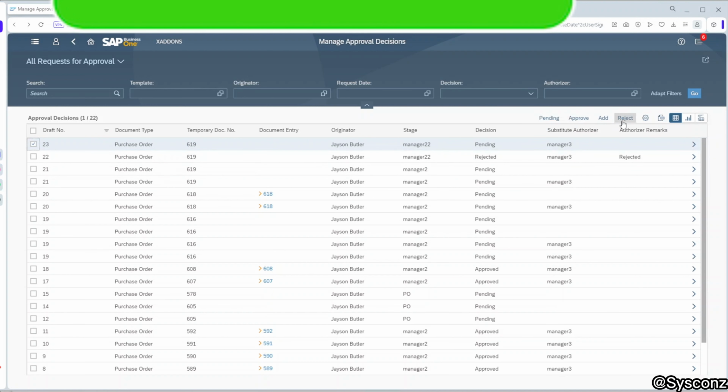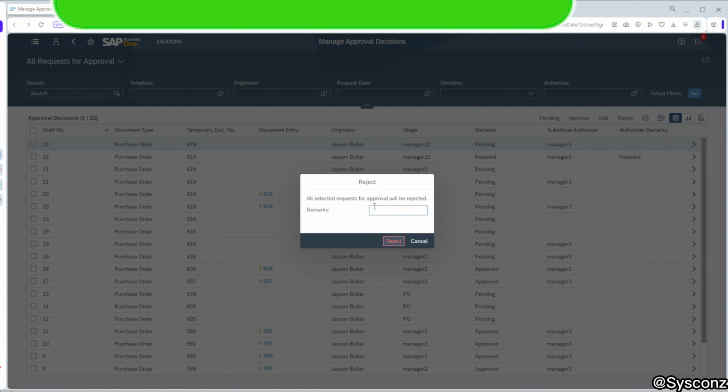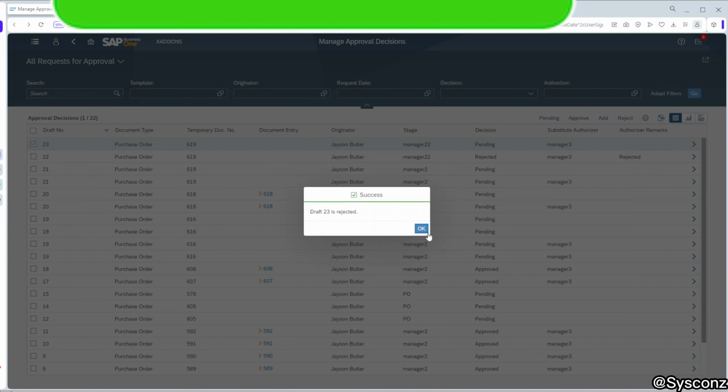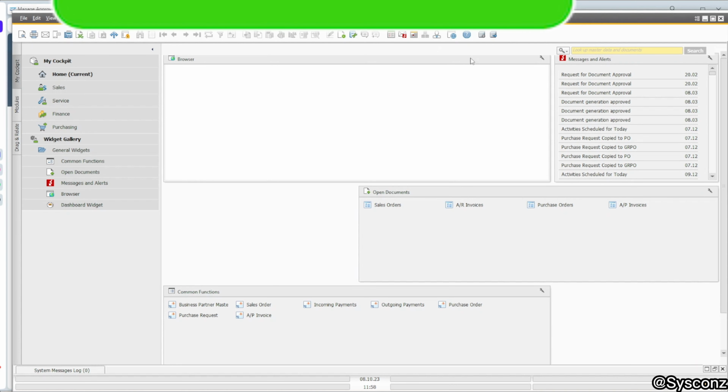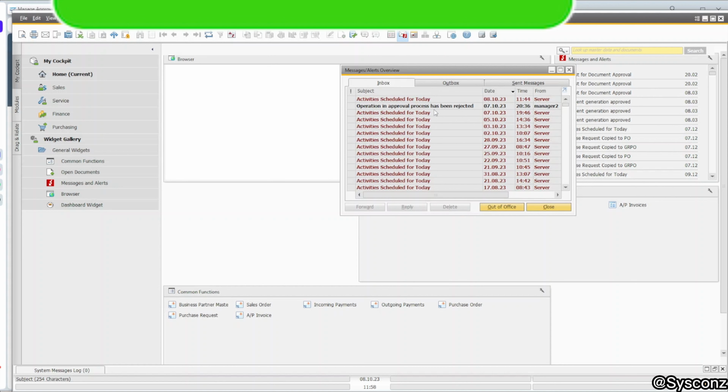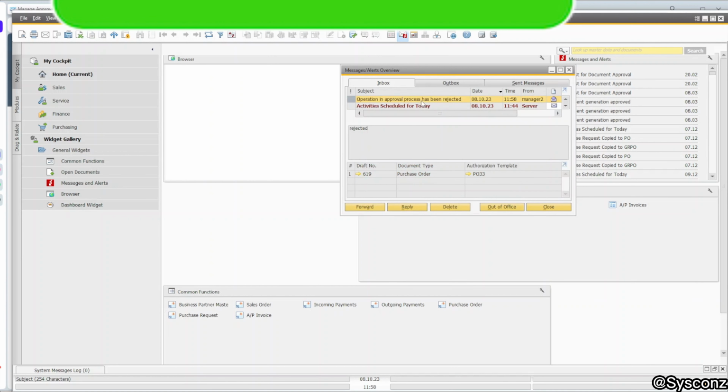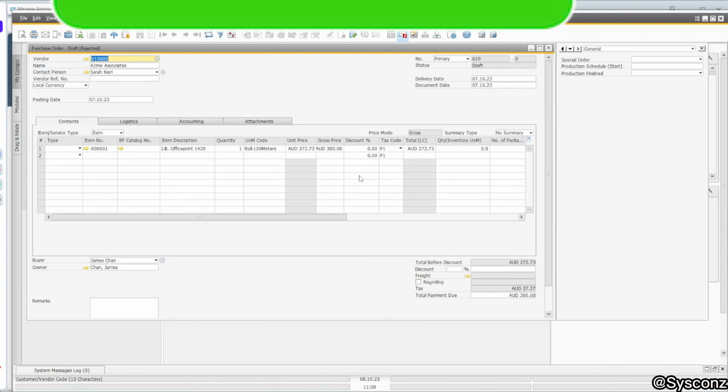So let's say I'll reject this document. I have to enter the remarks. Okay, rejected. So the document is rejected. Now I have here the originator who generated this document. Within a few seconds, you can see there is a new alert here. The document has been rejected. These are the remarks. Just like any other,